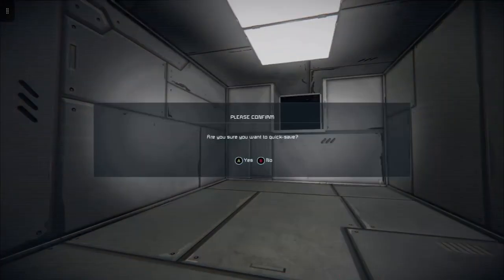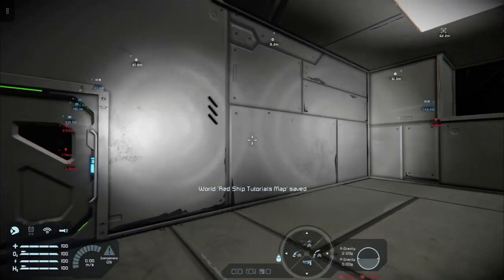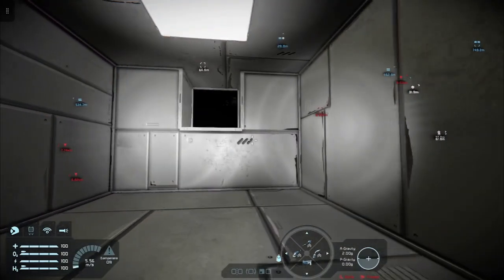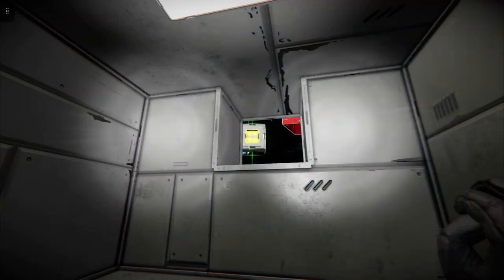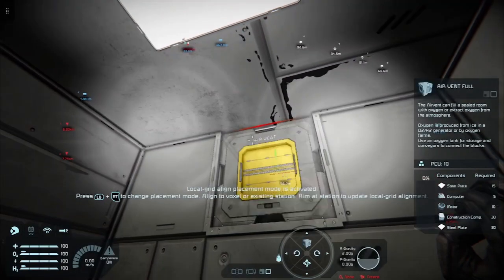a sealed environment. To do that, we want an air vent, so we're going to go for one of these new blocks.